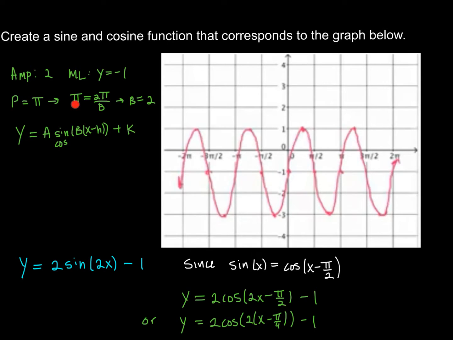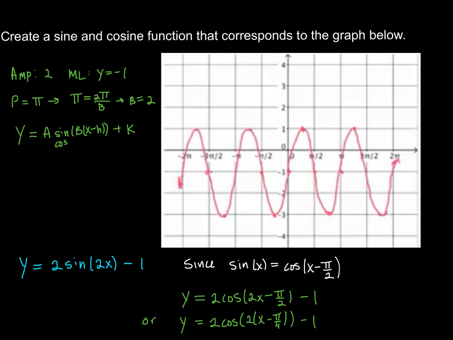2 pi divided by what is pi? Well, 2. So b is 2, so I can now write my function y equals 2 sine of 2x, b value is 2, minus 1. Now, to turn this into a cosine function, I can do so easily because the sine of a value x is equal to cosine of x minus pi over 2. So I'm going to take my sine function, and I'm simply going to subtract pi over 2 from the argument. So I have sine of 2x, so it's going to be 2 cosine of 2x minus pi over 2 minus